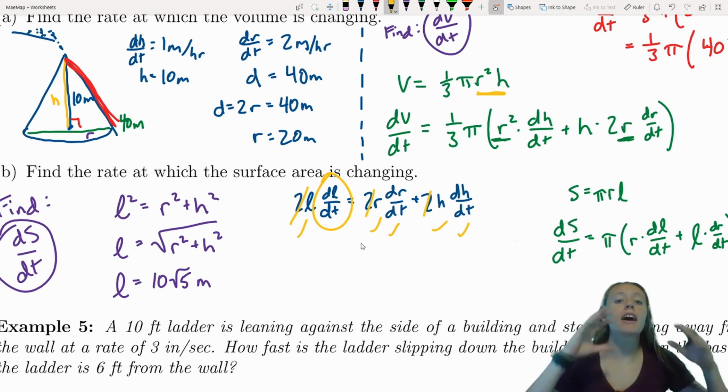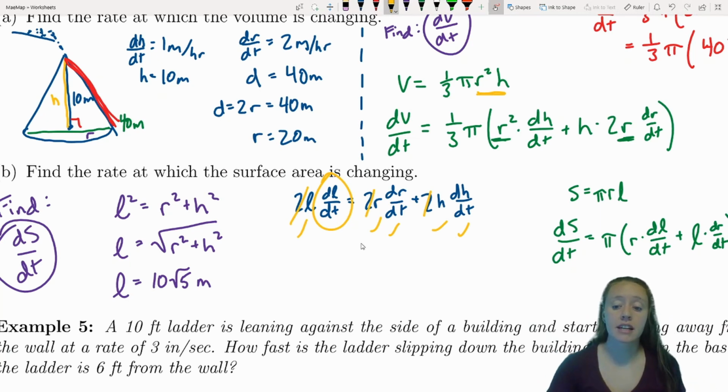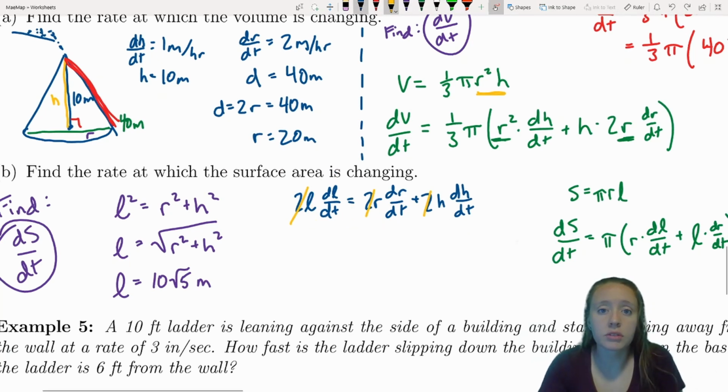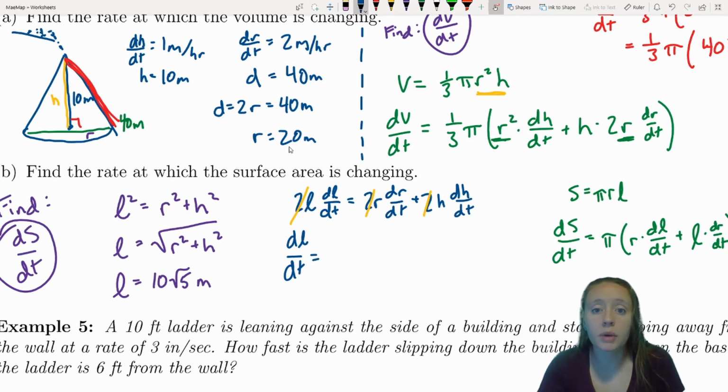Once I solve that, I'll now be able to solve for ds/dt. Sometimes not everything that you need is given, and you have to do a little bit of work for it, but that's okay. So dl/dt is going to equal R, which is 20, times dr/dt, which was 2, so 20 times 2, plus H, which was 10, times dH/dt, which was 1, so 10 times 1,